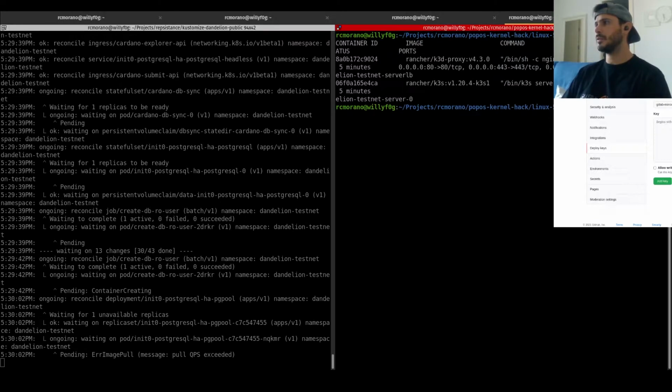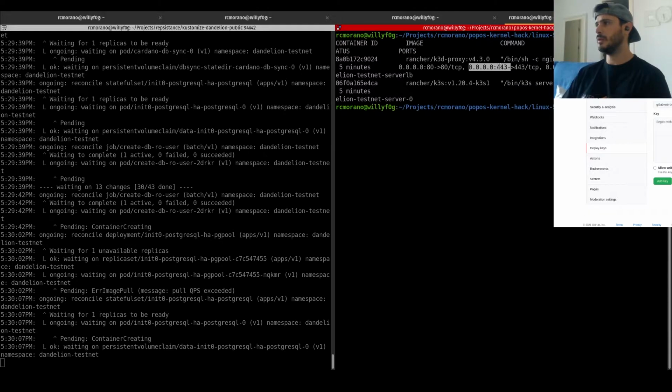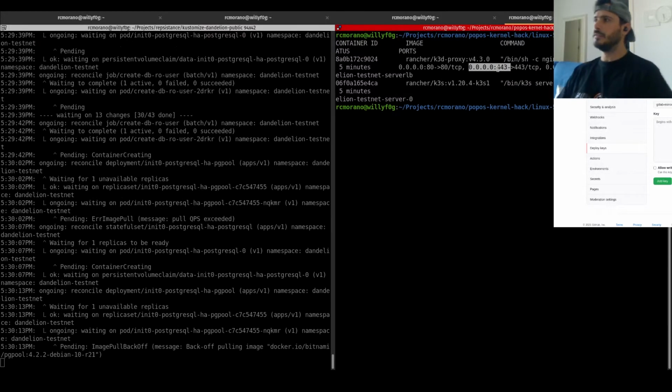And the way you handle running different services here through HTTPS is with the ingress controller. HTTP requests include